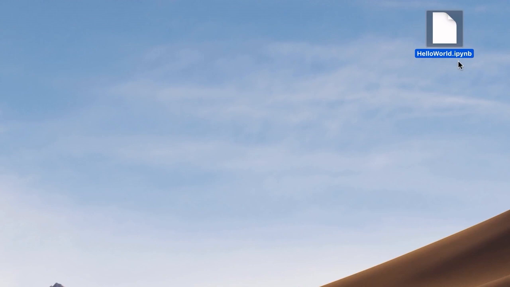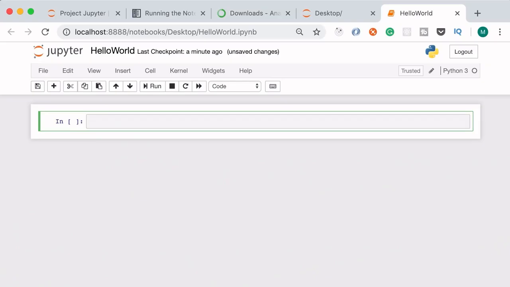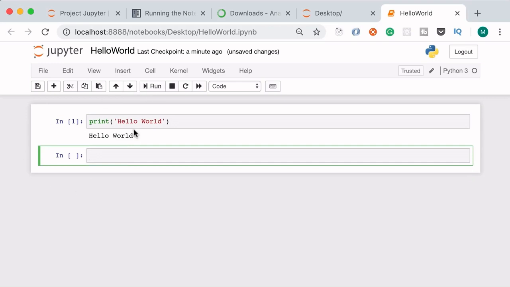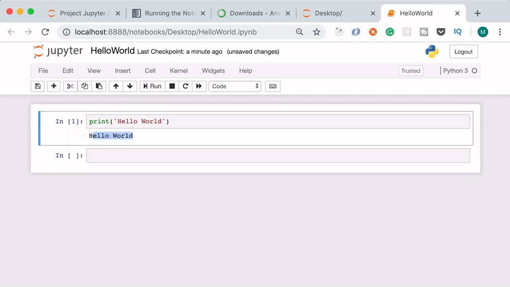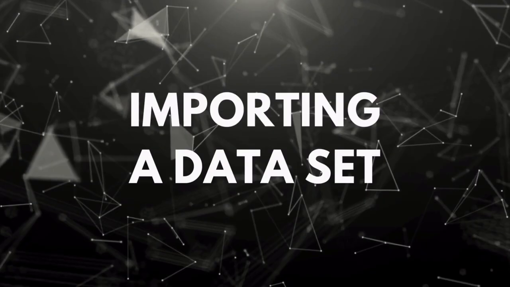It's kind of similar to our Py files where we write our Python code, but it includes additional data that Jupyter uses to execute our code. So back to our notebook, let's do a print hello world. And then click this run button here, and here's the result printed in Jupyter. So we don't have to navigate back and forth between the terminal window. We can see all the result right here. Next, I'm going to show you how to load a dataset from a CSV file in Jupyter.